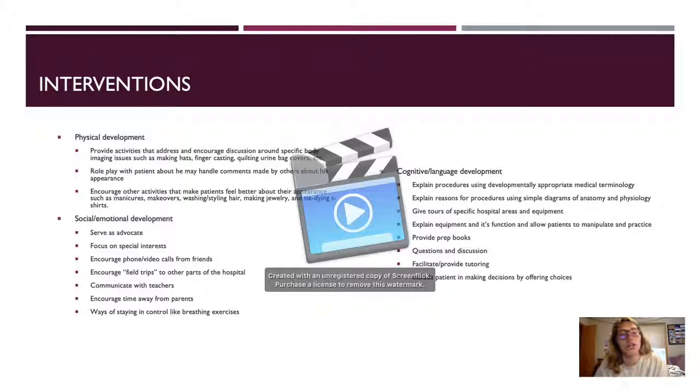For interventions for cognitive and language development, you can explain procedures using developmentally appropriate medical terminology, explain reasons for procedures using simple diagrams of anatomy and physiology, give tours of specific hospital areas and equipment, explain equipment and its function, and allow patients to manipulate and practice, provide prep books, questions and discussion, provide tutoring, include the patient in making decisions by offering choices. Again, there's not a lot of hospitalization that's common for type 1 diabetes, and so a lot of these can be used just in teaching the patient and family how to deal with type 1 diabetes, but there isn't going to be a lot of